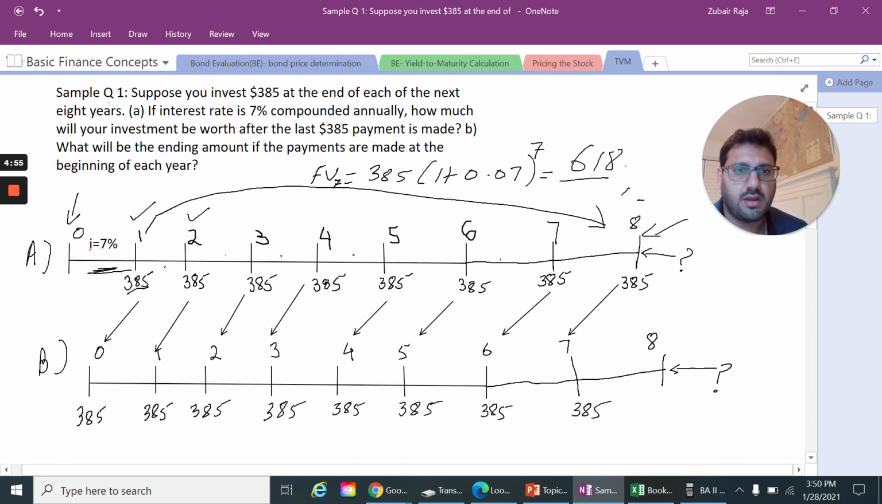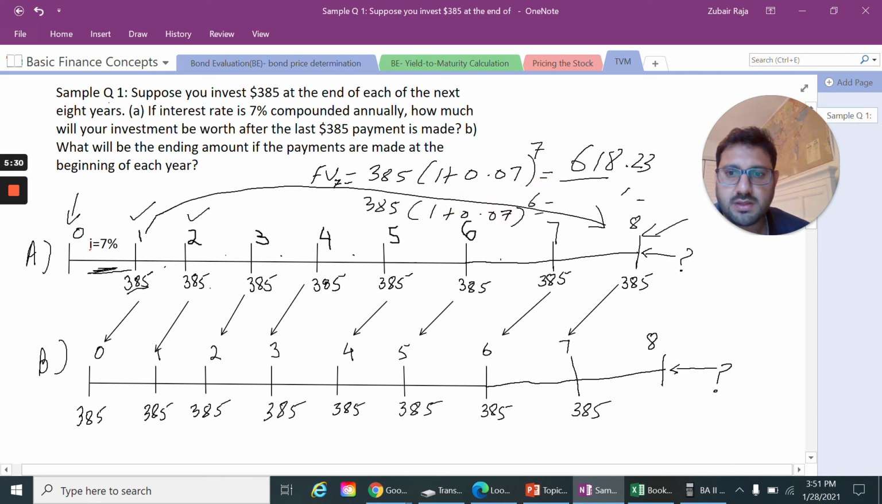and 0.23, right? So this would be the worth of 385 at the end of this 8th period. But remember, even though it is the 8th period, the first payment has the opportunity to earn the interest only for 7 periods, right? In case of the ordinary annuity. Likewise, you have to find the future value of each and every cash flow over here. So for the second 385, we will have 385 multiplied by 1 plus the interest rate 0.07 raised to the power